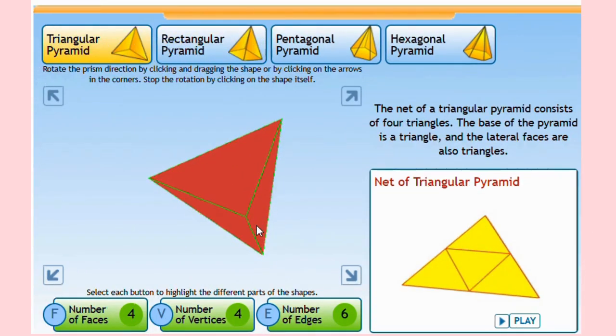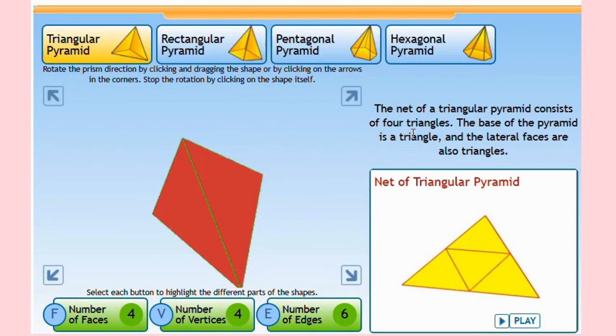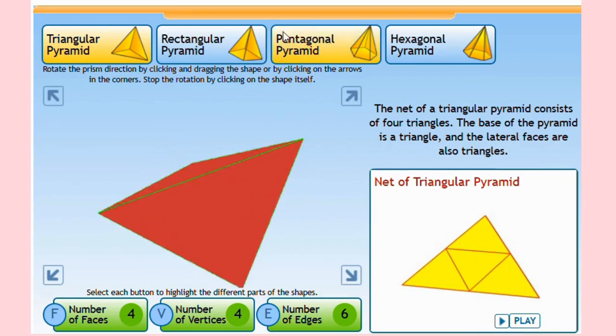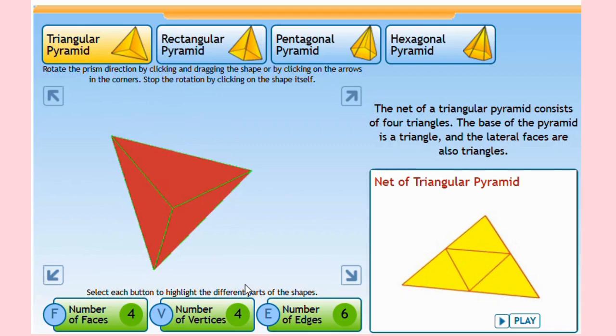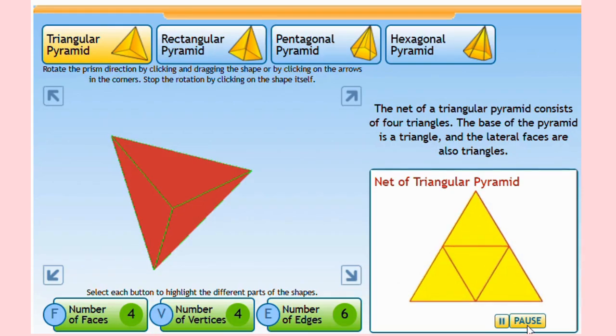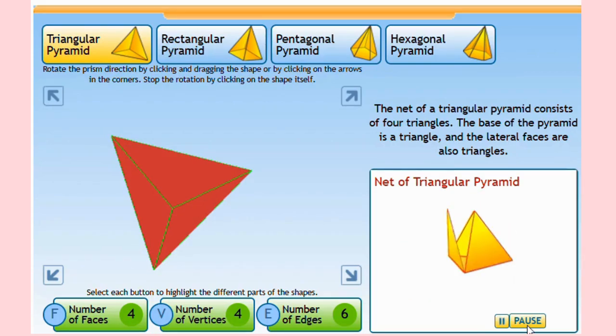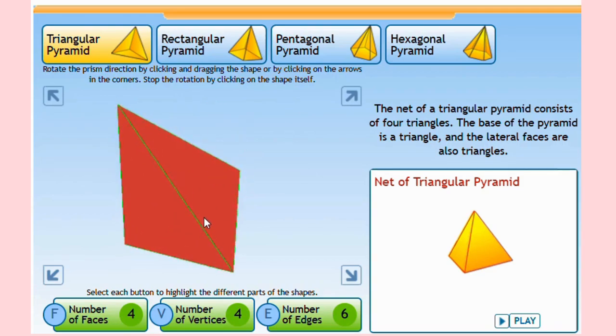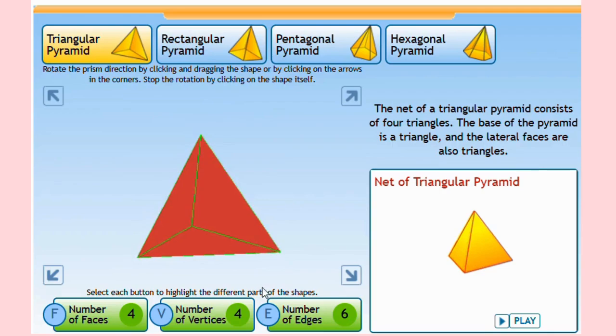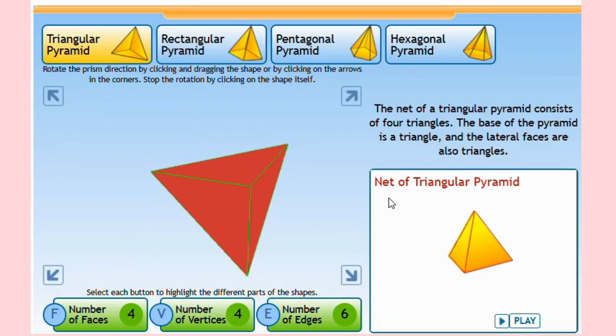Now the next pyramid. We will see this pyramid has triangles all around. So in this case, the base of this pyramid is a triangle, as you can see on the net. And on each side of this triangle, it has more triangles connecting it to form a pyramid shape. So this we call a triangular based pyramid because it also ends on a point or an apex.